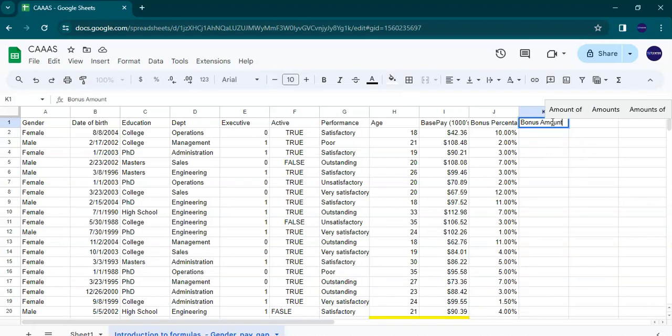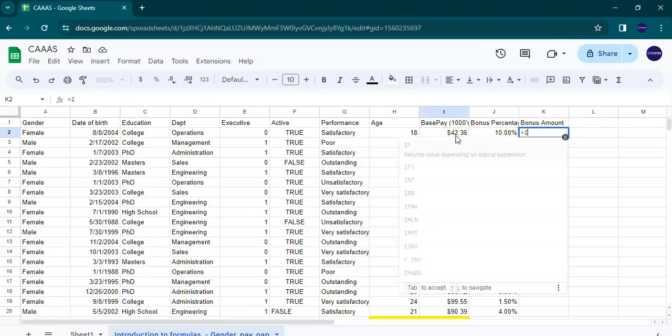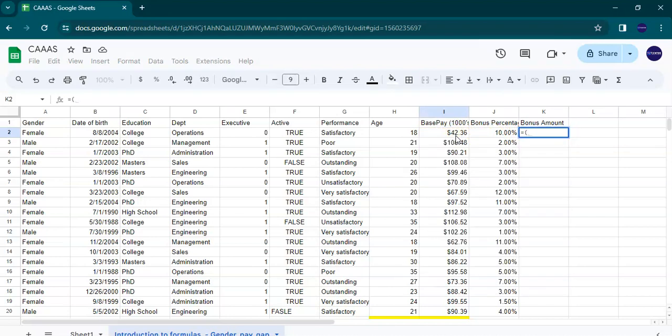We want to generate the bonus amount to know the amount that each and every employee is going to take each and every month based on the person's bonus percentage. So to achieve this, we are going to start with the equal sign, then the bracket, bonus pay by your bonus percentage, close the bracket,